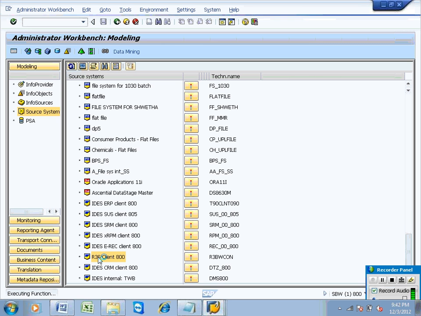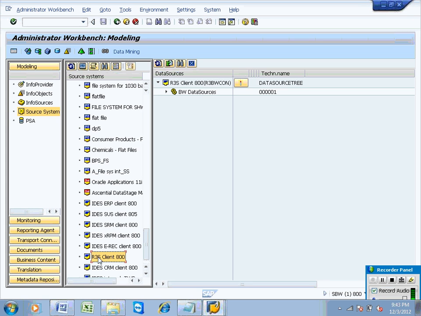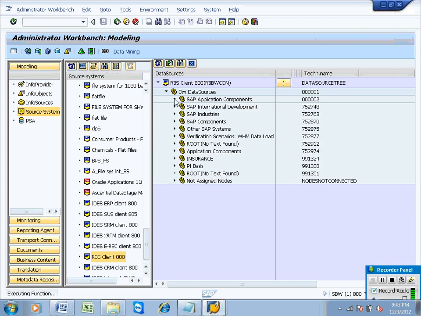Once you double click on it, it will showcase the list of data sources. Initially, whatever was already replicated, that information you can see here. But you need to replicate this newly created data source. This newly created data source is in the R3 system, in the CA application area, where we have CAIO. You need to select the CAIO application area, right click, and replicate. For that, what we need to do? Set the application component.